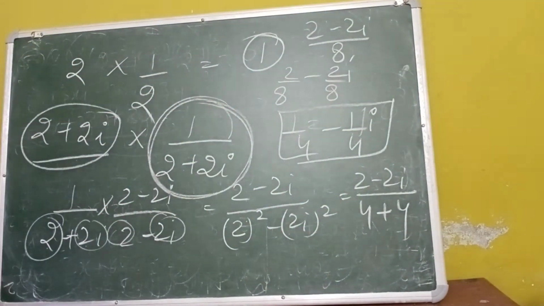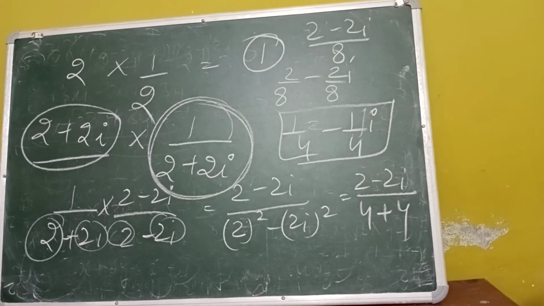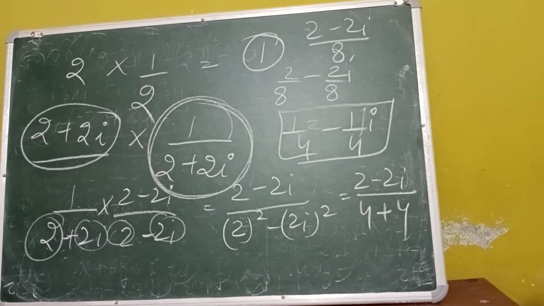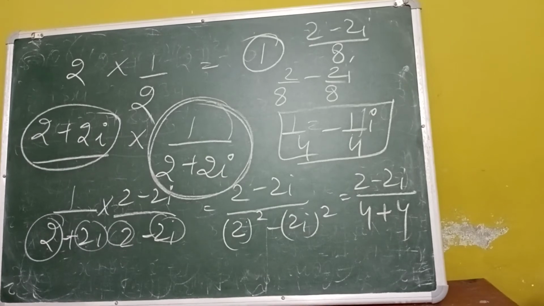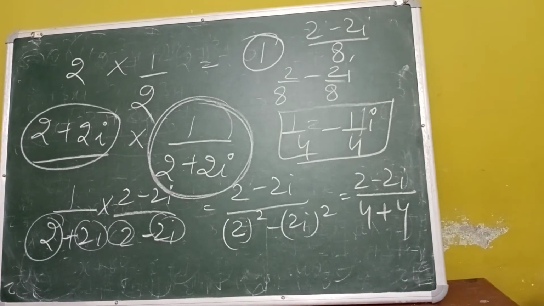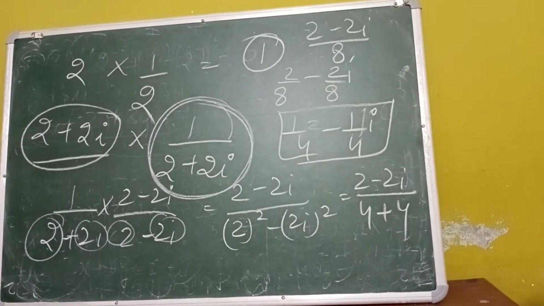So here I am ending the topic. The topic was multiplicative inverse. Once again I am explaining, in multiplicative inverse we have to multiply the given term with the term. When they both are multiplied, we need to get our answer as 1. That is known as the multiplicative inverse. But the point is, whatever we are getting, we cannot leave a term with a denominator in a complex number. If the denominator is a complex number, then we have to solve it further by applying the conjugate or something else.